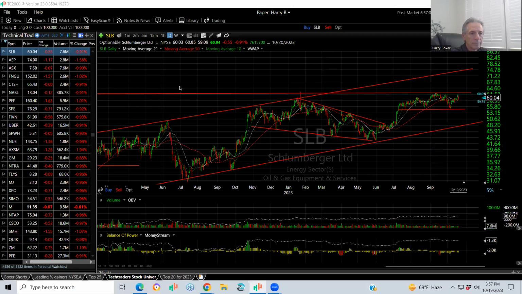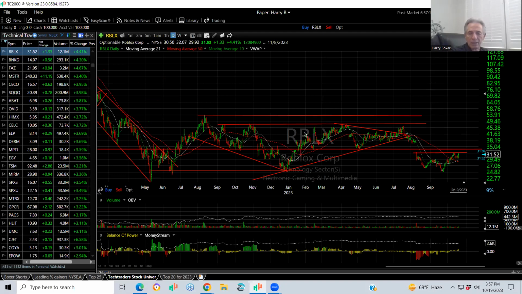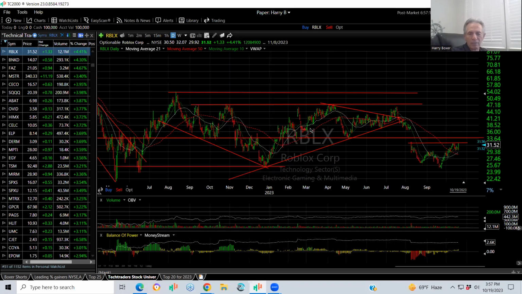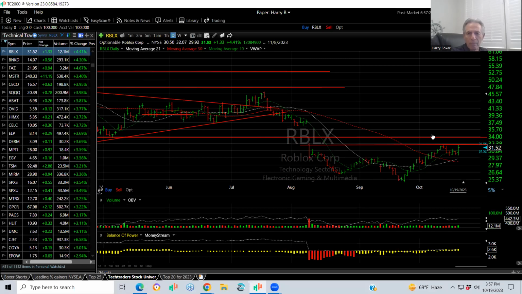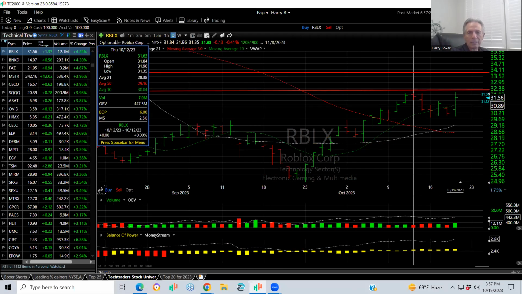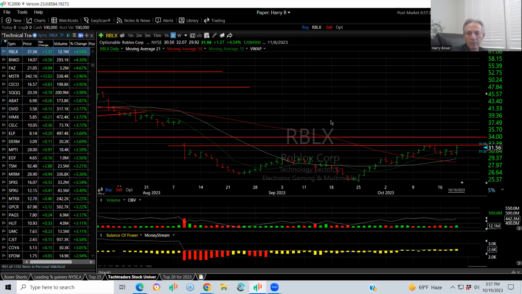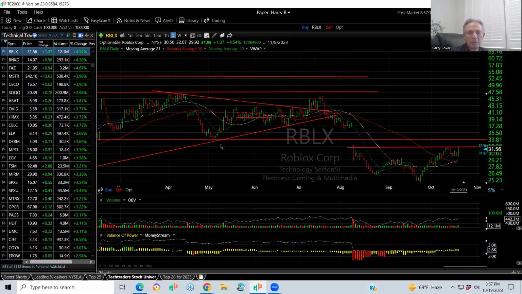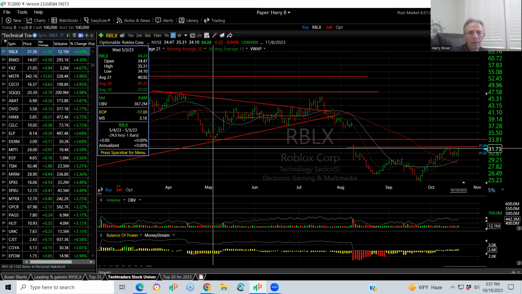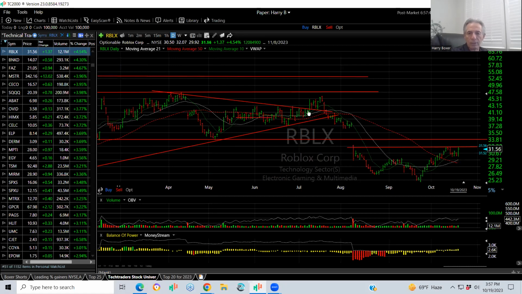Roblox. Look, I used to love Roblox, but it's really volatile. And it broke down hard here and ran back to the gap. With a pattern like this, I've got to wait for the breakout. It's got to take out 32 first. Today's high was close, 32.07, but it didn't close there. So there is some resistance here, and that would be target number 1, about 34. Beyond that, a gap fill up near 36.5 are my targets. You got that, Joe? 34, 36.5.